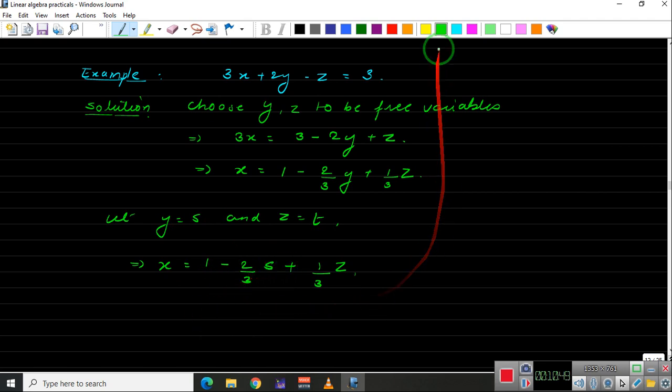For example, if you put s equals 0, t equals 0 here, this will be 0, this will be 0, so x equals 1. So one of the solutions will be x equals 1, y equals 0, and z equals 0. Again, you can verify: put some values of s and t, you will get the value of x, substitute back in this equation, and you will get 3. So this is one linear equation.